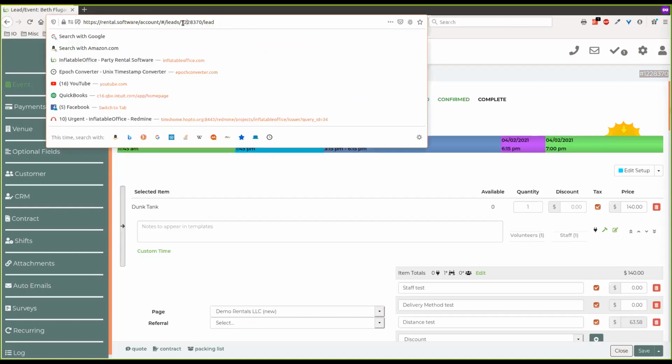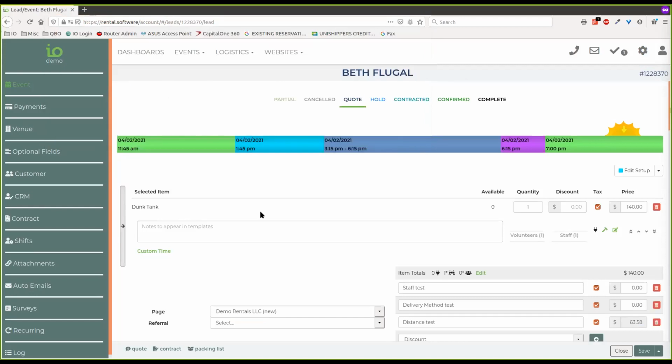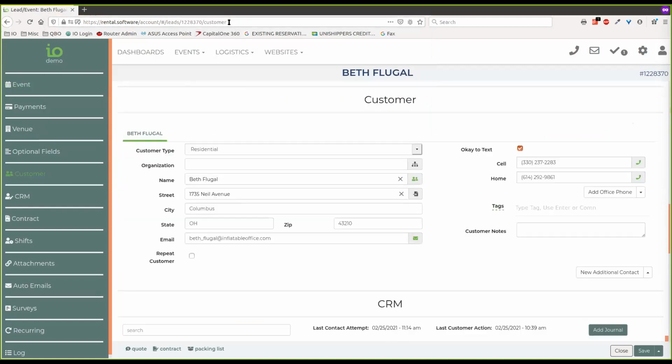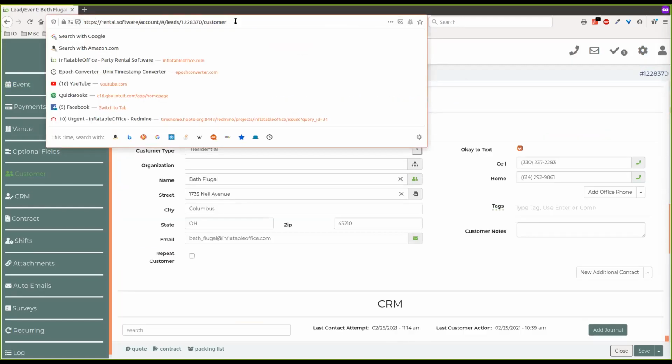We do see the ID also up in here. We also see the section that you're in. So I'm in the lead section. If I go down to the customer section, I'm in the customer section. Because of that, we're able to keep that history and let you get back when you use the back button